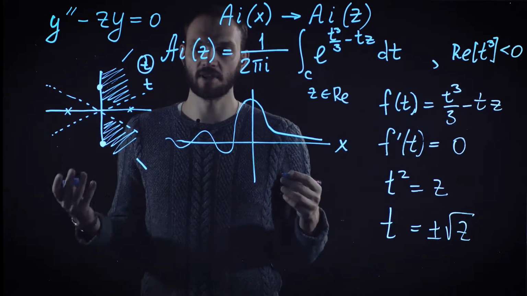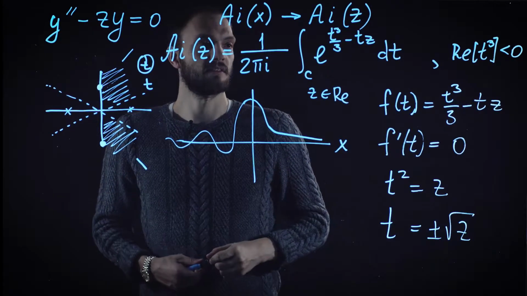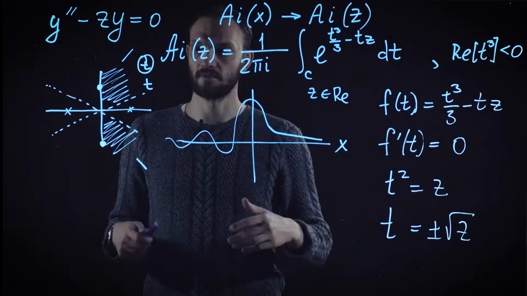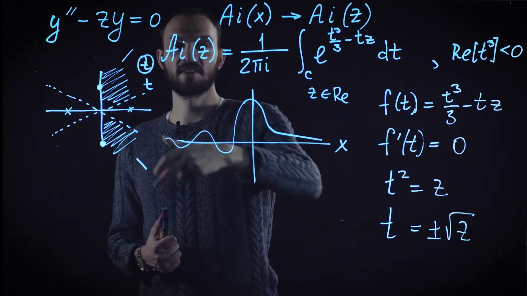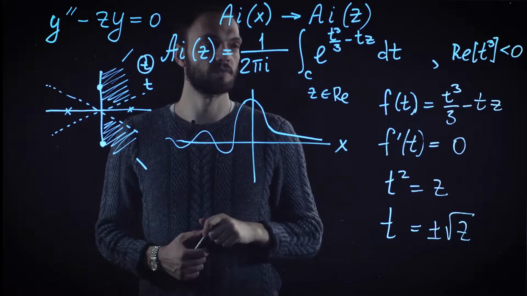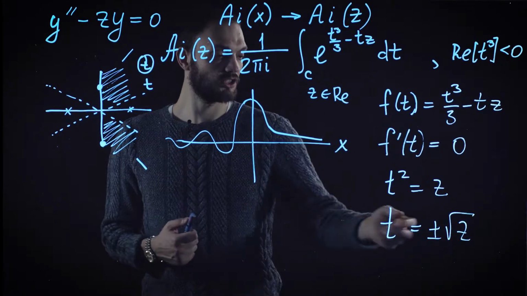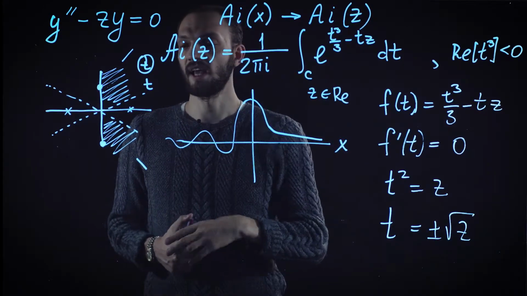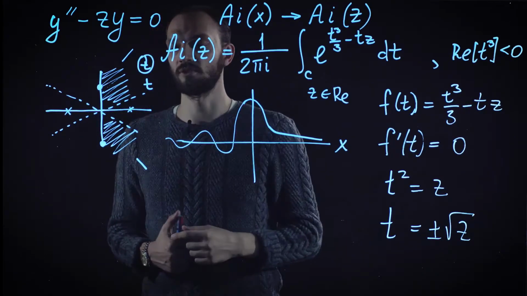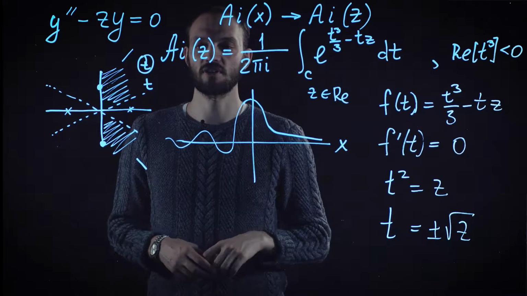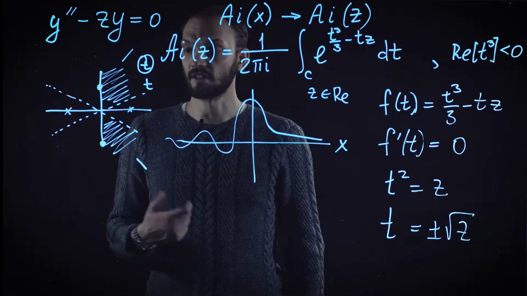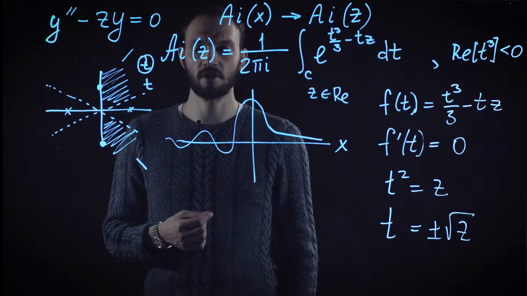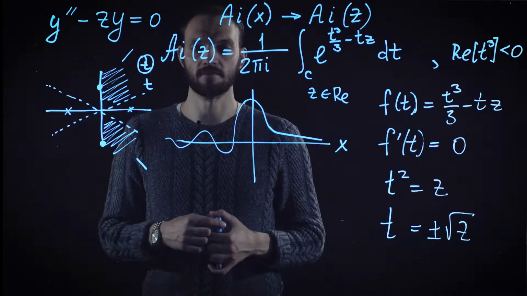Already at this level, we see what happens with this integral representation. First of all, the contour, of course, remains the same as it is defined with respect to decay of the exponential. But what changes when we change the argument of Z, that is the direction in the complex plane where we go to infinity, is the rotation of the saddle points in the complex plane of T. It happens that this rotation has a profound effect on the configuration of the saddle path and on the asymptotic properties of the Airy function in the complex plane, as we will discuss momentarily.